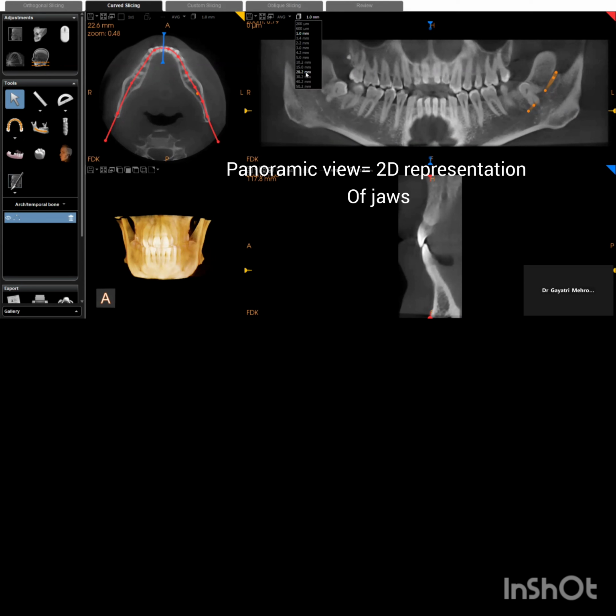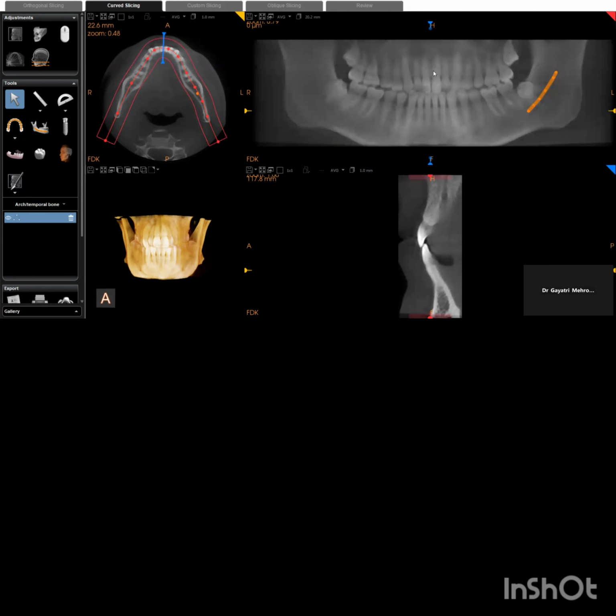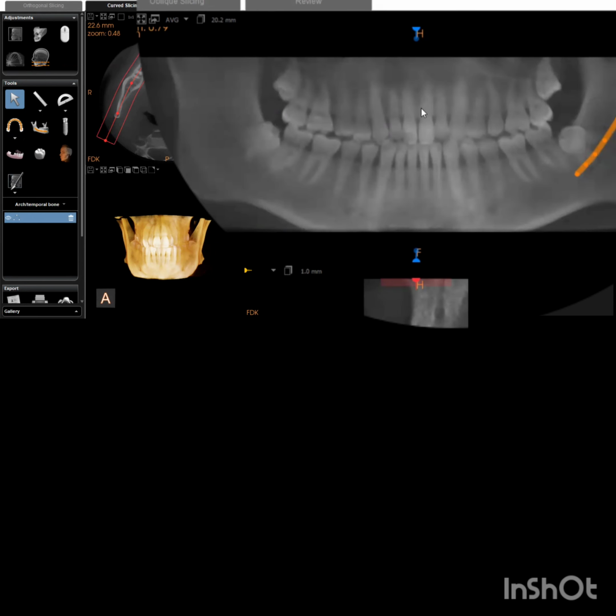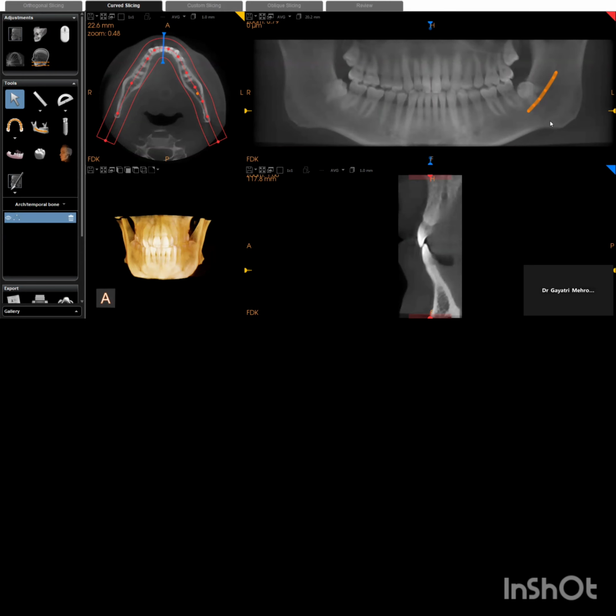Now I'll just increase the thickness and your arch is here. Today's case, you have seen a 3D video already of a case. That's what the case is all about. We have many impacted third molars, that is 1/8, 2/8, 3/8, and 4/8. Today, I'm going to tell you about the impacted tooth, that is 3/8.